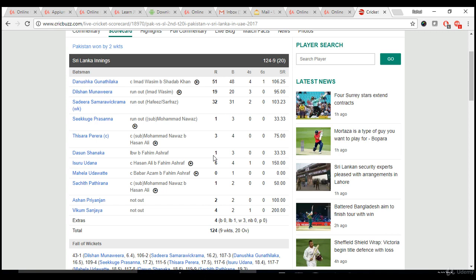First thing first, if you carefully observe, all the batsmen's runs have the same UI. That means they look similar, isn't it? The way they are designed, 51 to 4, they all look similar. Just the rows are changed, that's all. This is the first row, this is the second row, and this is the third row. Only rows are different, but the way they look is almost the same. So that means the design is the same for each and every batsman.